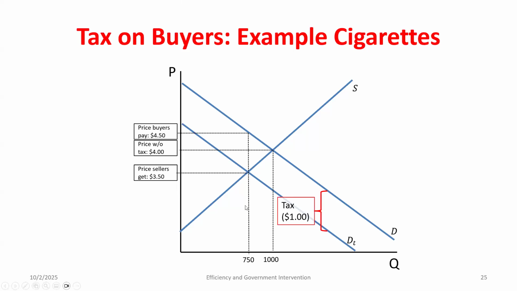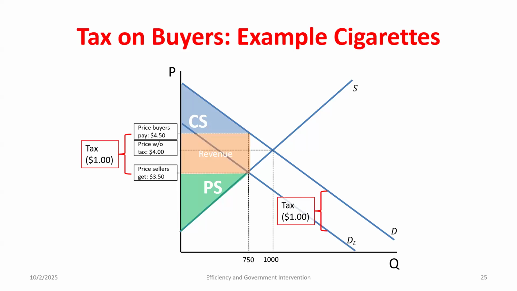What did that tax on consumers do to quantity? Reduced quantity. What is the new consumer surplus going to be? The area below demand but above the price that consumers pay. What is producer surplus? The area below the price the sellers keep but above the supply curve. It has the exact same effects whether I tax producers or consumers. It's going to decrease producer and consumer surplus by the same amount. And in fact,